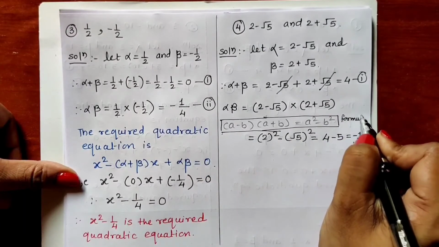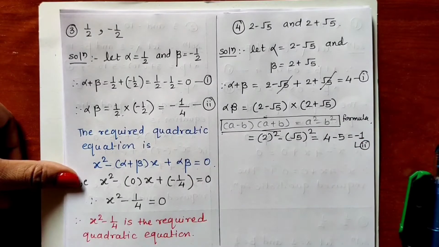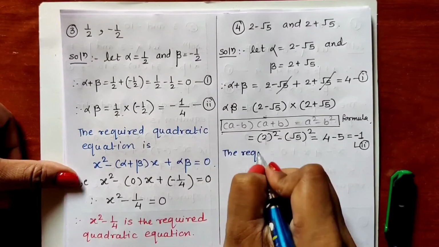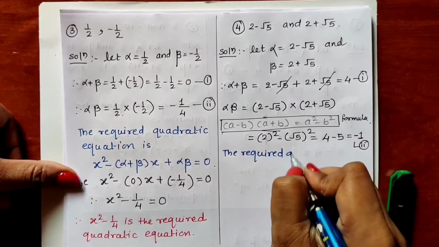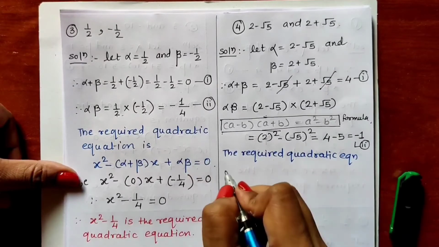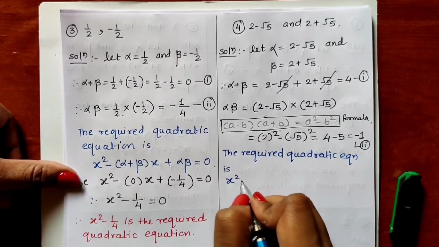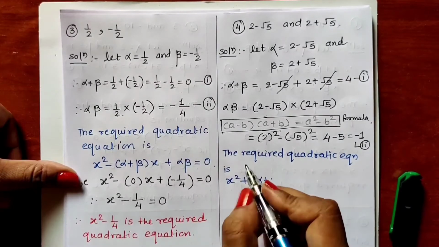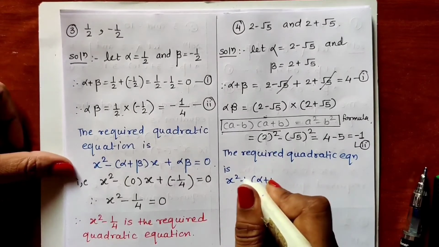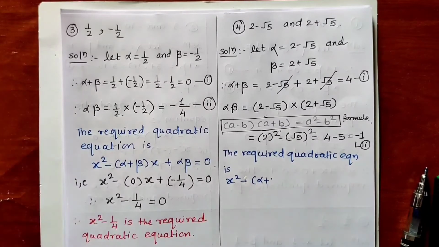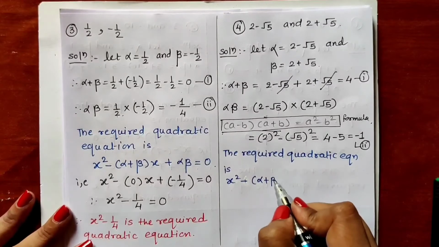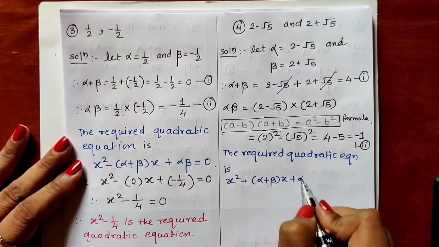Formula. Okay, now we will be writing the required quadratic equation. The required quadratic equation is x square minus, not plus, don't get confused between signs, it should be minus. x square minus (alpha plus beta) into x plus alpha beta is equal